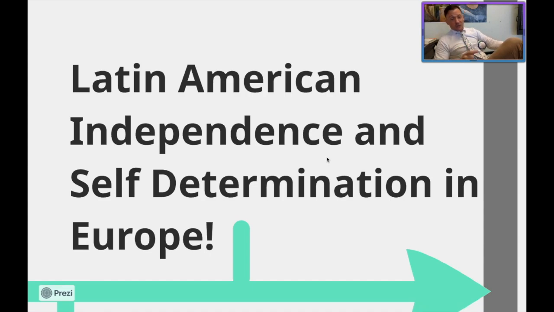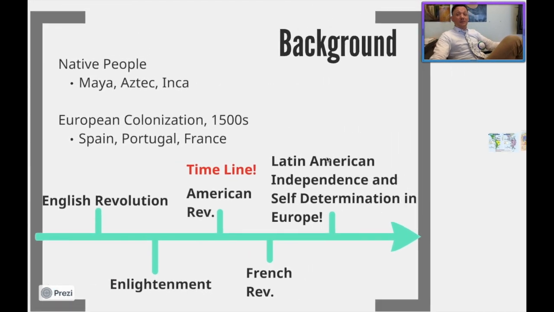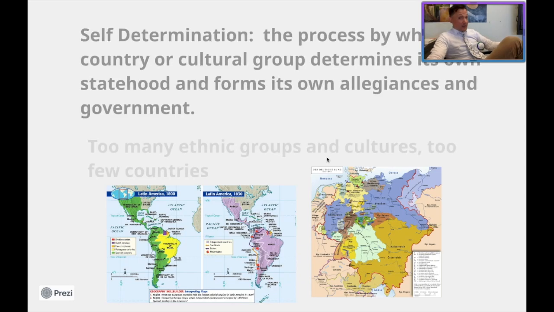and self-determination, right? Now, Latin America, when we say that, is any of the countries that are now in the modern-day Caribbean, Central America, and South America that were colonized by Latin descendant-speaking people, right? As in, the French colonies and the Spanish colonies are what you would refer to as Latin America, right? Now, the one that we're going to mainly be focusing on right now, though, is... we're not going to write this down. Don't worry about that.